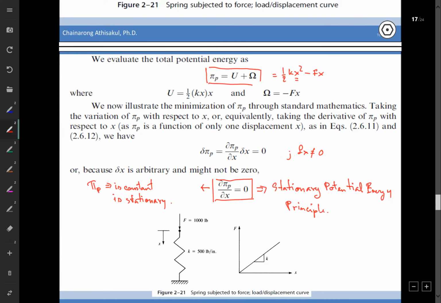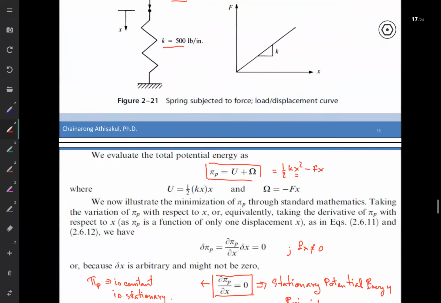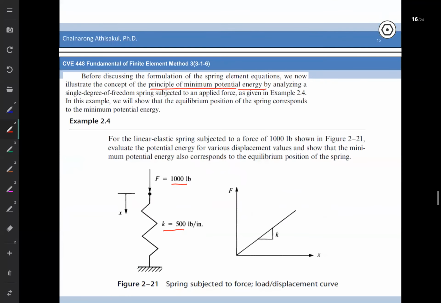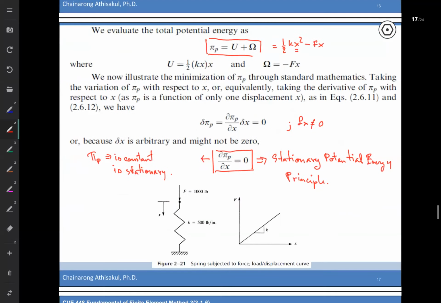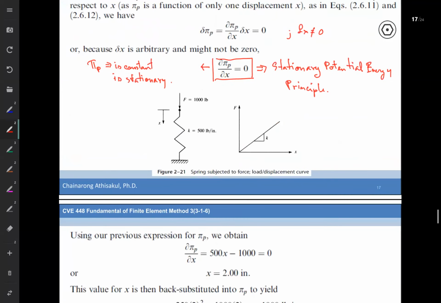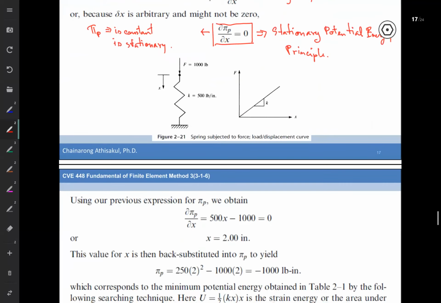Okay, according to this, you see that it comes from the principle of virtual work, and after we apply it, it can be minimized to the term of stationary potential energy. Okay, and according to this, if we